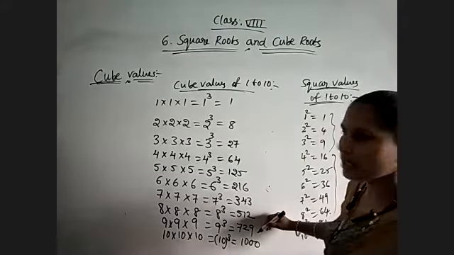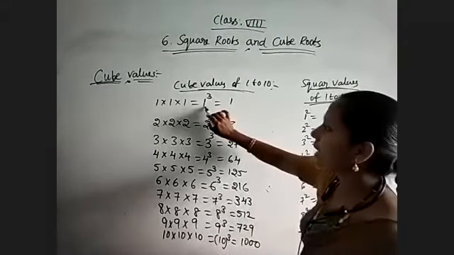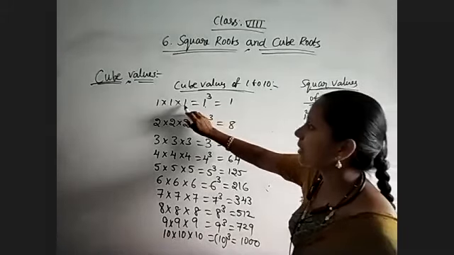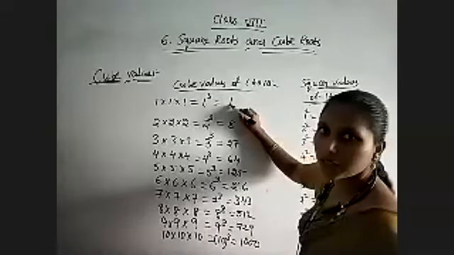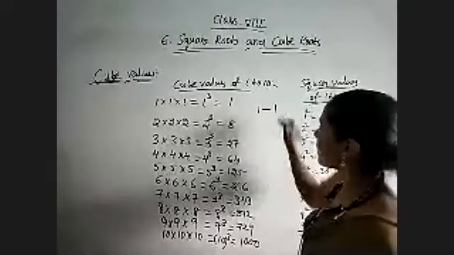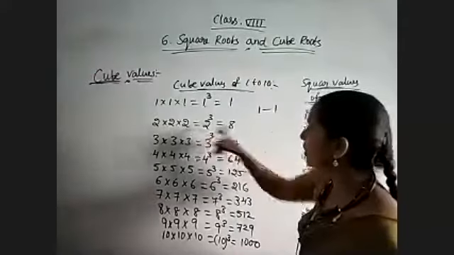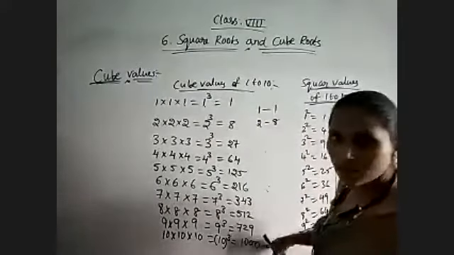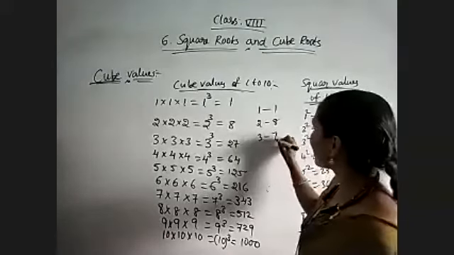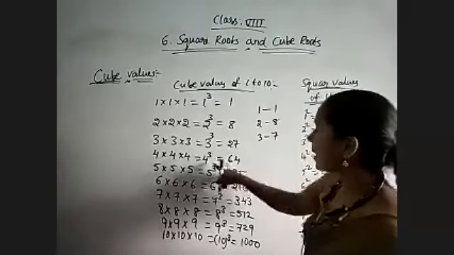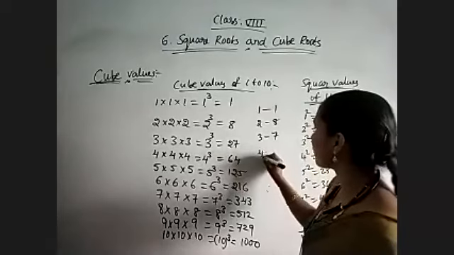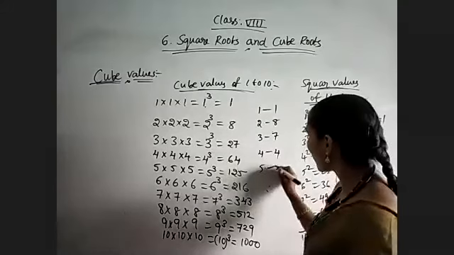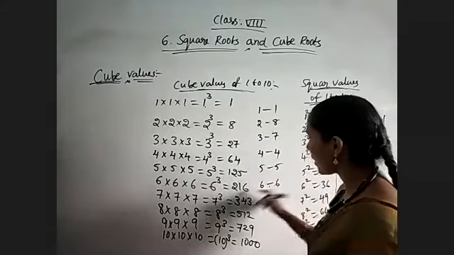Okay, cubes. And next, what is the cube value of 1? If the number has 1 in its unit place, then you will get 1 only in the unit place. For 1, 1 itself. For 2, 8 we are getting. Still anywhere there? 8? No. And for 3, 7 we are getting. And for cube value, if the number has 4, 4 only you will get, same number. And for 5, 5 only you will get. And for 6, 6 only you are going to get.